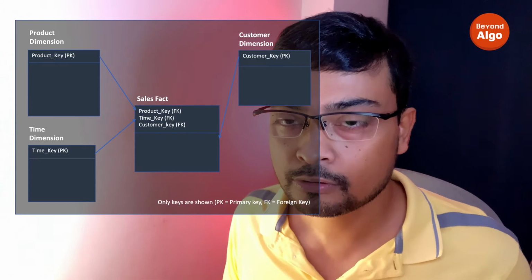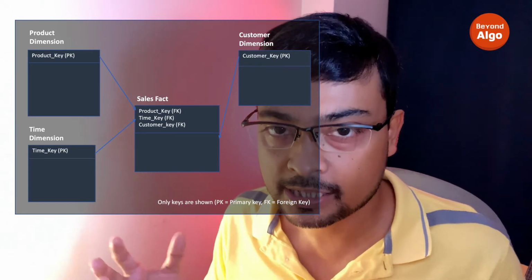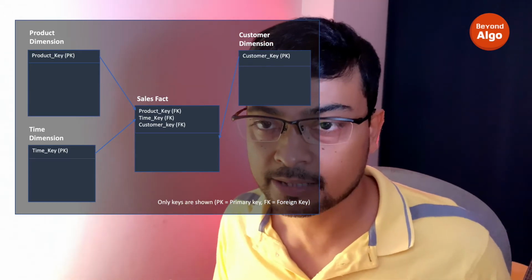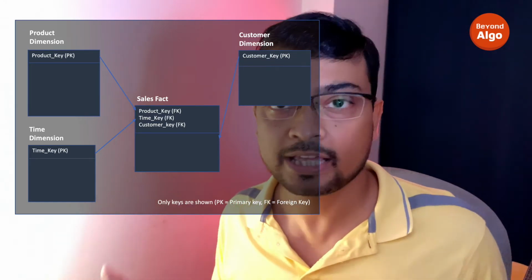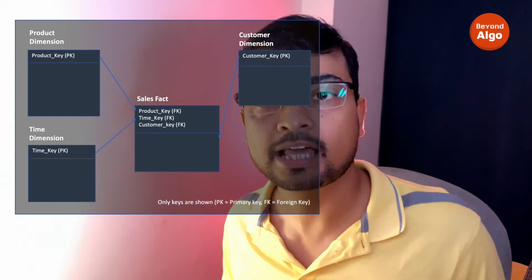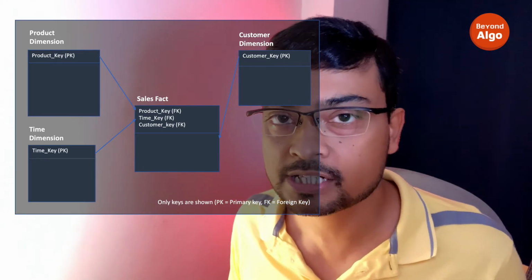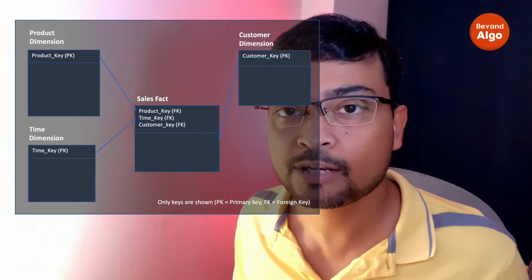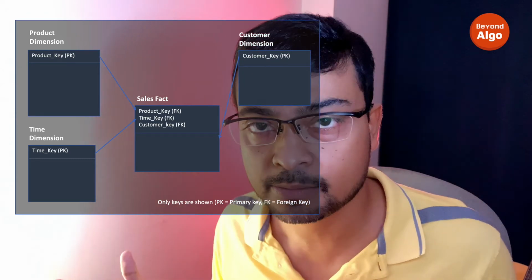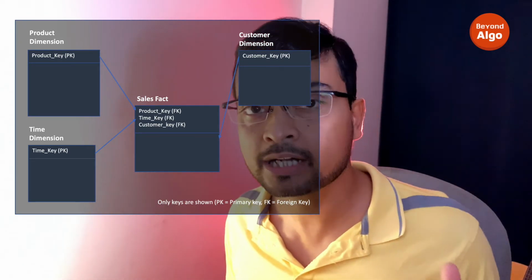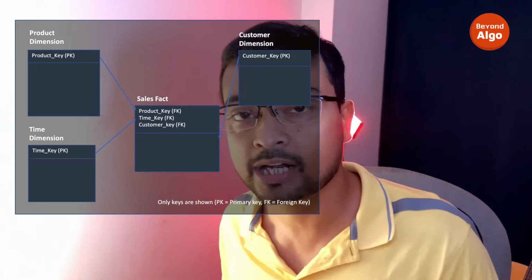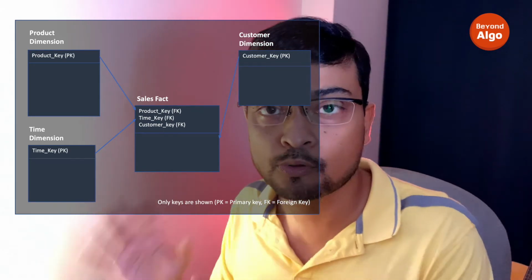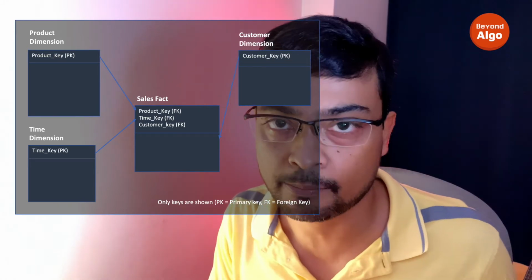It is customary to draw the facts and dimension tables in this way, where we draw the fact table in the center and put the dimension tables around it. In this case, the first dimension table that you are looking at is the product dimension table on your left hand side, and then we have a time dimension table and a customer dimension table. The product dimension table basically represents the product. So if my particular product has 10 different attributes, I will put all those attributes in the product dimension table.